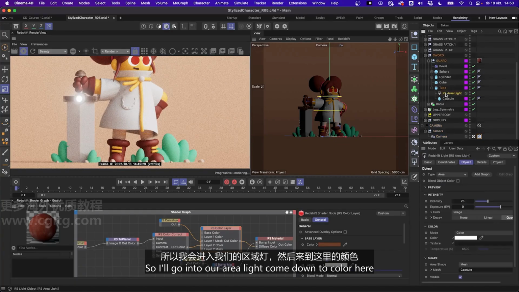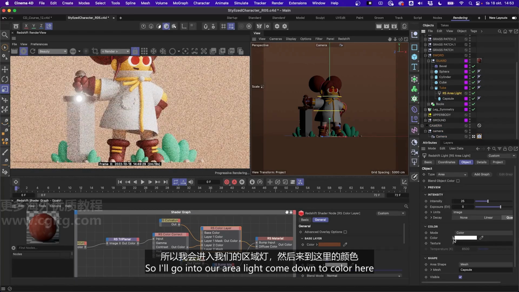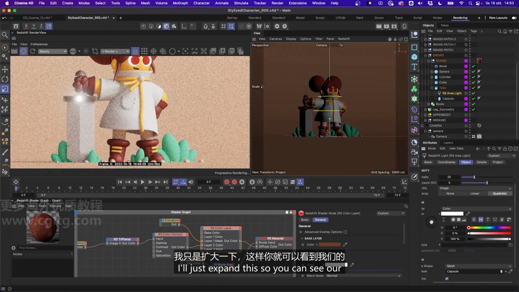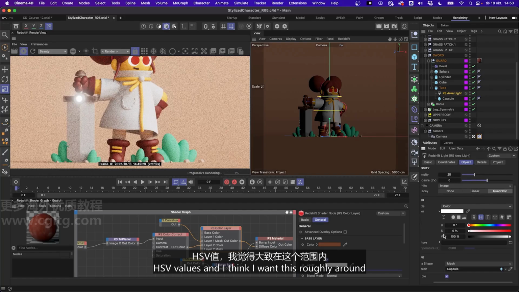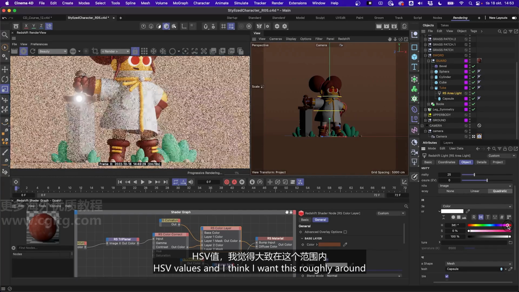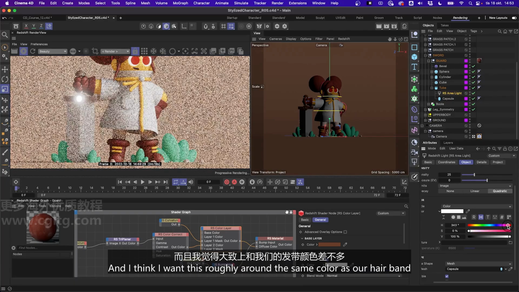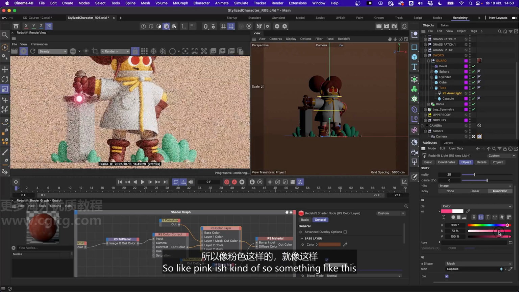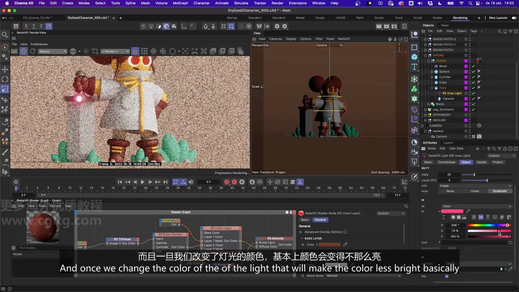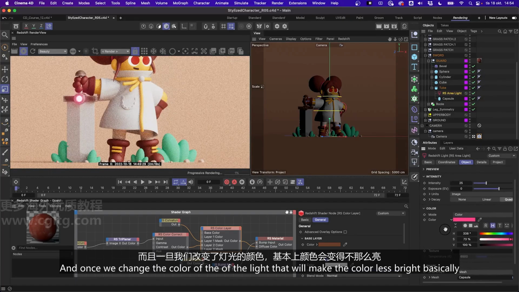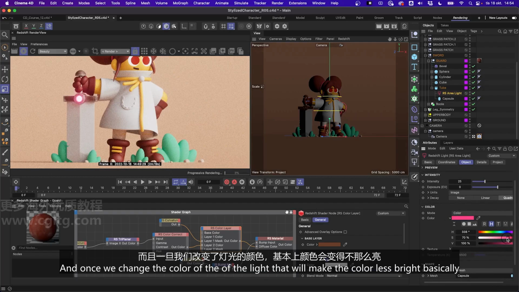So I'll go into our area light, come down to color here. I'll just expand this so we can see our HSV values. And I think I want this roughly around the same color as our hairband. So like pinkish kind of. So something like this. And once we change the color of the light, that will make the color less bright